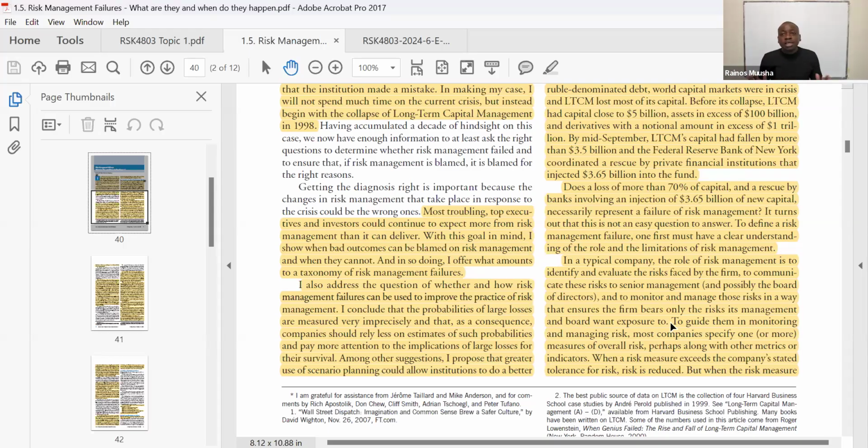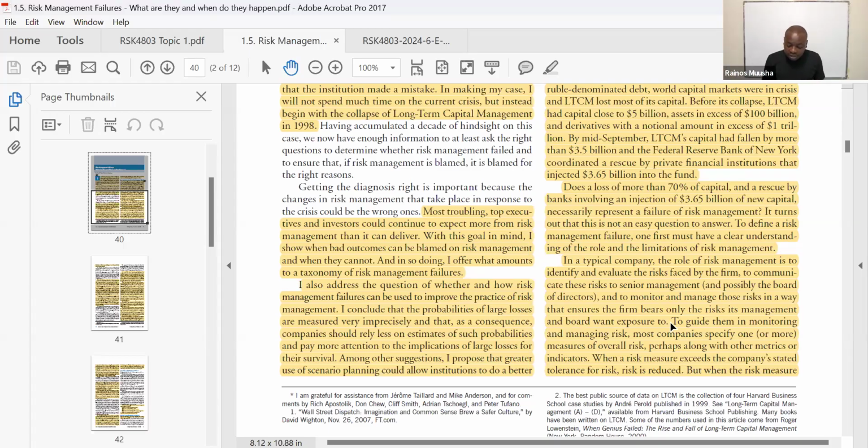Because remember, question number 1 is typically made up of maybe 21 to 30 multiple choice questions. And yes, it's multiple choice, but because the answers are very much related to each other, some answers are wrong by the changing of one word, which makes the whole answer wrong as well. Because of this, you need to fully understand the roles and responsibilities of risk management.